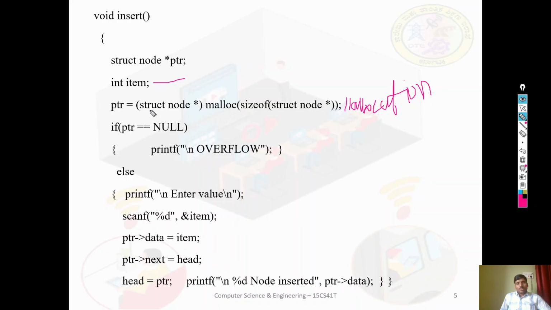So here we create a struct node, and that is assigned to the pointer. Then we compare whether that pointer is equal to null. If it is null, then display the message overflow, which means memory cannot be allocated. Usually memory gets allocated; only in a worst or exceptional case will this message come. But it is the duty of a programmer to write such messages for such exceptions. Handling such exceptions is the programmer's responsibility.